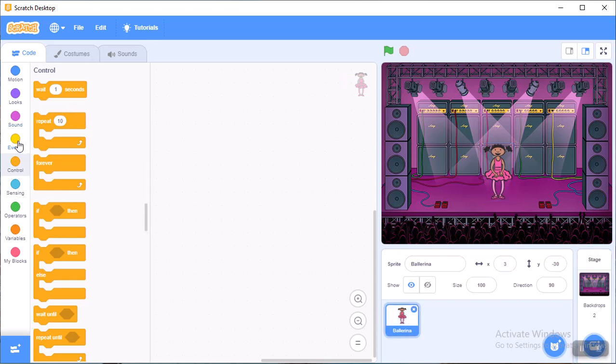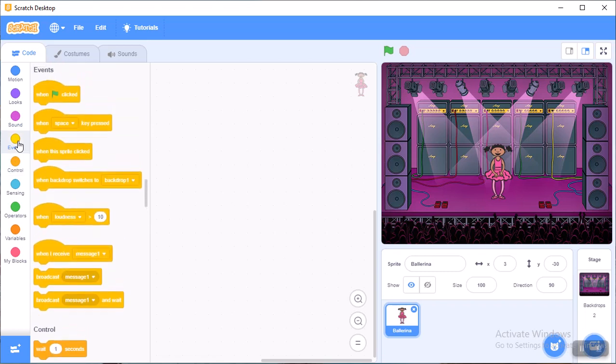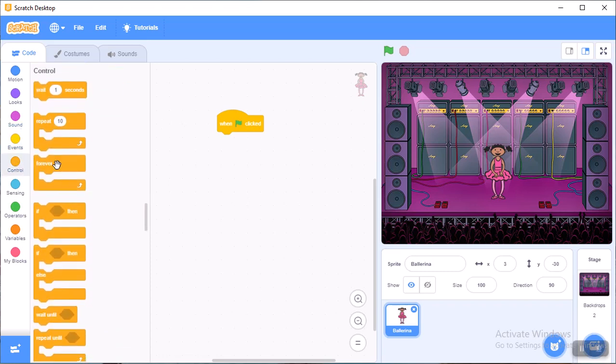Always the first block we will take is when green flag clicked. All these are the events. You can take any other option also, but because you are a beginner, I suggest that you take when green flag clicked. After that, for looping you will take forever.